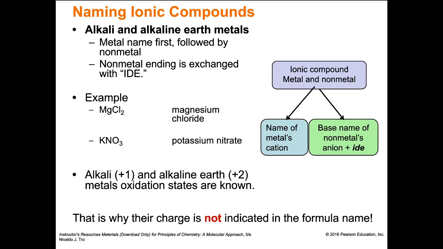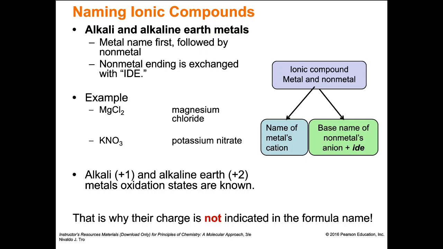Okay, so how about naming them? Now we know that if we're given the charges of two atoms, we can make an ionic compound from them pretty easily. So how do we name them though? When it comes to naming ionic compounds, it's not that bad. If we want to name an ionic compound, the first thing we're going to do is name the cation. So for instance,